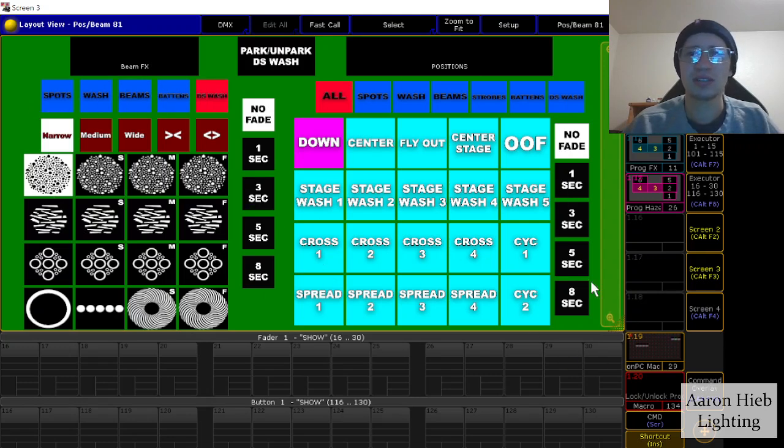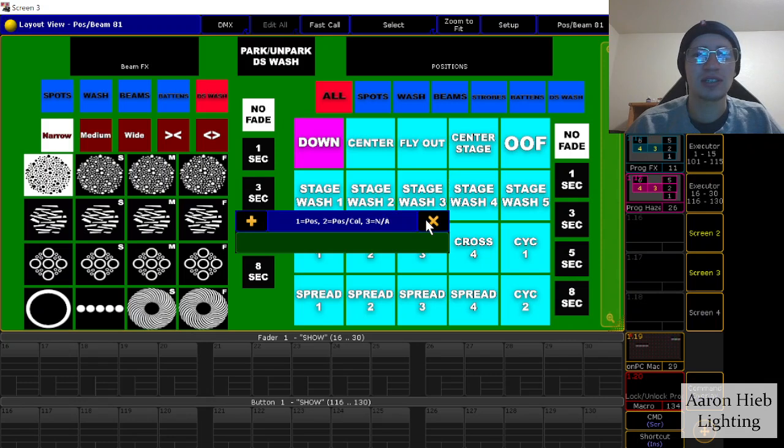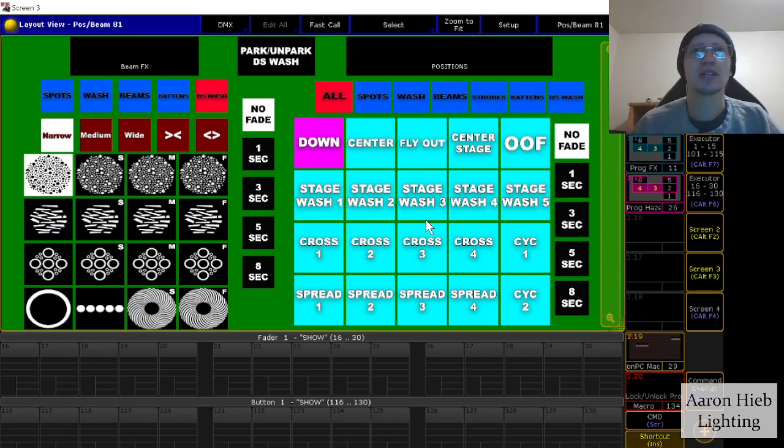pertains to positions over here. This is all positions, and this is all beam effects like gobo stuff and animation wheel stuff, and the zoom width for the washes and spots and stuff like that. I also have this little guy, which does parking in a lot of other consoles' terminology, but it's